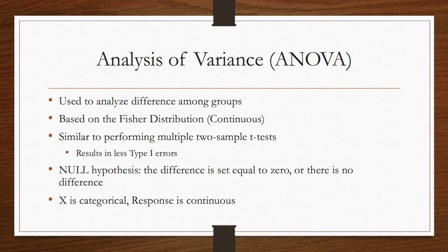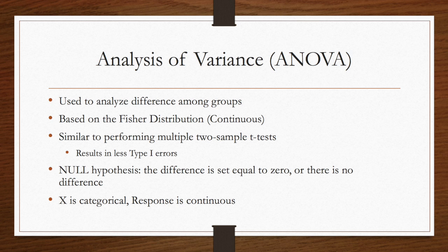To start, the analysis of variance, or ANOVA, is used to analyze the difference among three or more groups. Based on the Fisher distribution, ANOVA incorporates a continuous distribution in order to analyze the variance. The performance of this analysis is very similar to performing multiple two-sample t-tests. However, it is more conservative, resulting in fewer type 1 errors, that is the rejection of a true null hypothesis